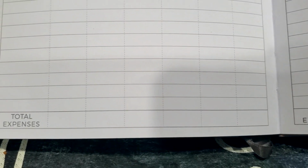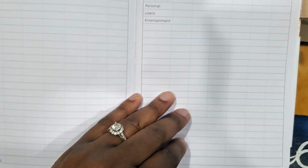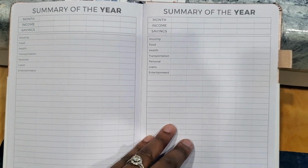All right, friends, and at the very bottom, it has total expenses for what you spend in the year. So I love that you can do this by month. I think it's really helpful and just going to be very encouraging and a great summary to have at the end of the year. And then it has a few blank dot grid pages for you to jot down miscellaneous